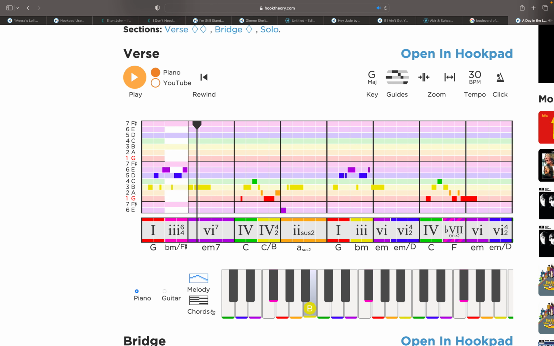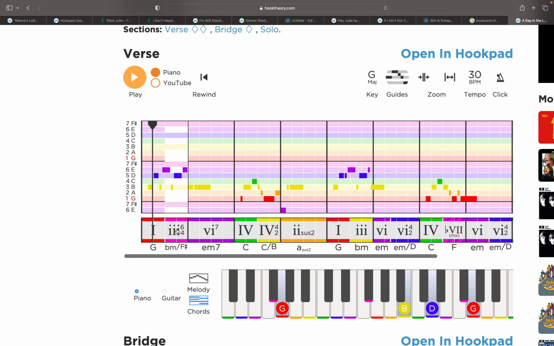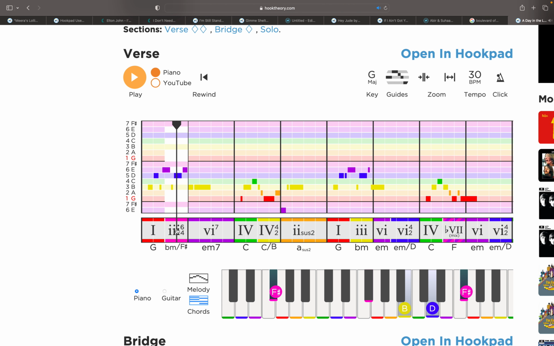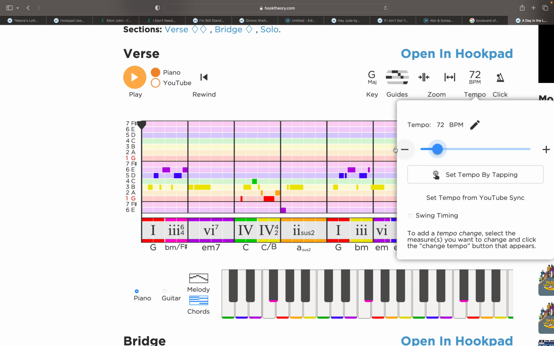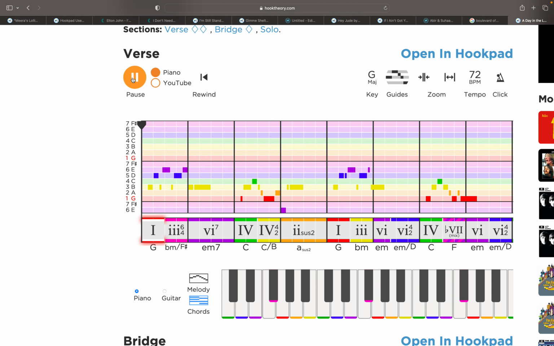Right? Cool. Also, we can change it to chords, and we can play along with it. What I like to do before I do that is just click on each chord. Click there, find my one chord, play it. Click the next chord, play it. Get used to each chord before you press play. Now I'm going to go back to a little bit of a faster speed and